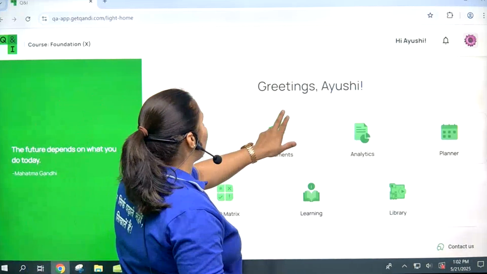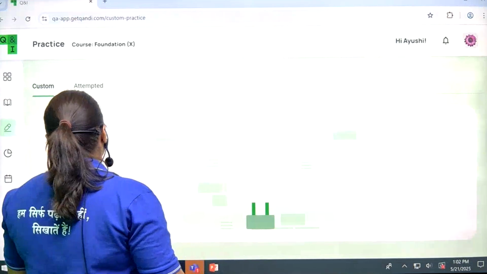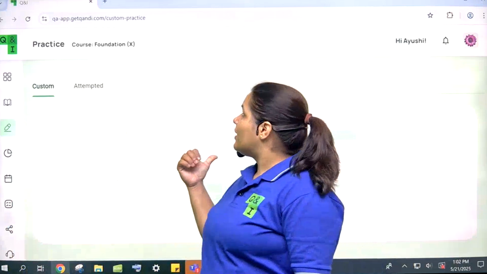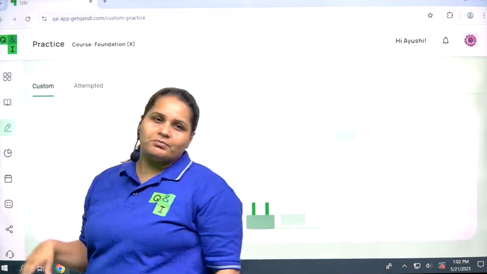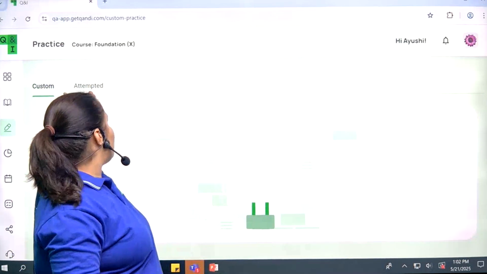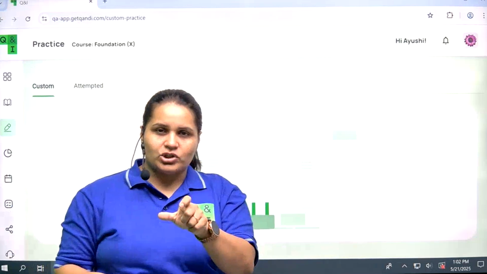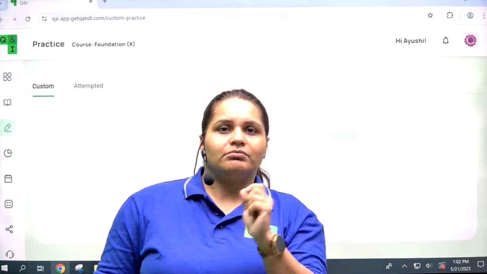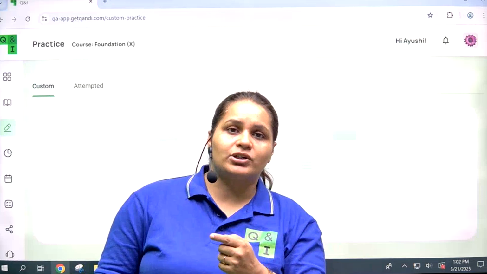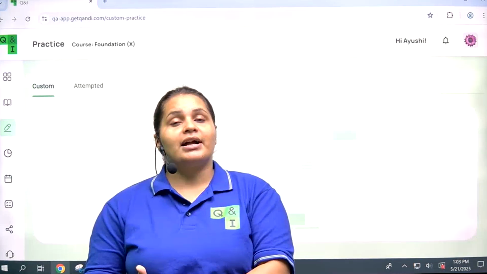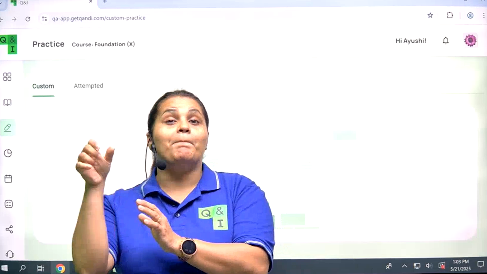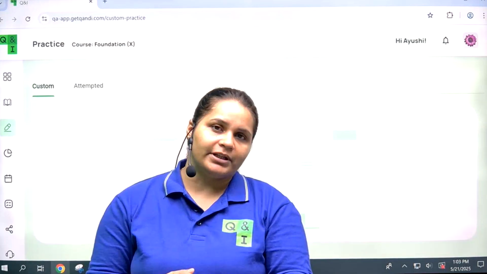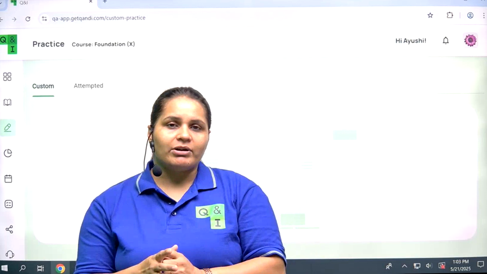So you have to go to the assessment. In the assessment, you have to go to custom. Here it's not working, we'll see later. But anyway, in custom, you'll go to the science section. In the science section, you will find the chapter. Which one? Chemical equations and reactions. In chemical equations and reactions, you'll go to the topic balancing chemical equation and then start attempting questions from there. Okay, so try questions from your platform,